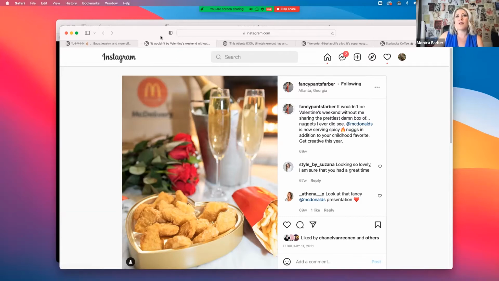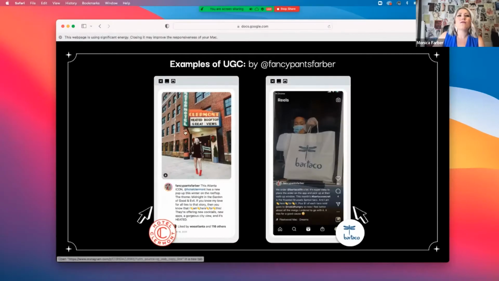This is just something fun that they can share that they did not have to hire a production team to create. Next, we have the Claremont